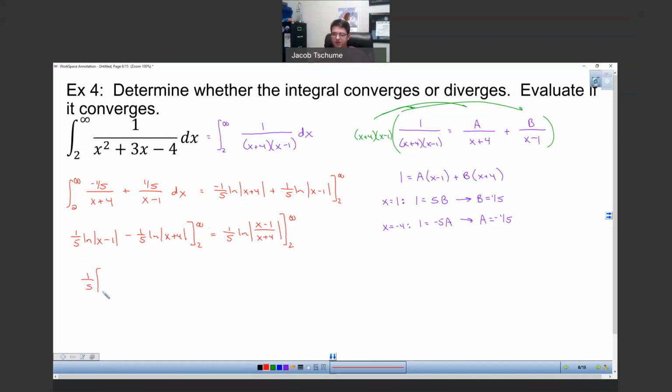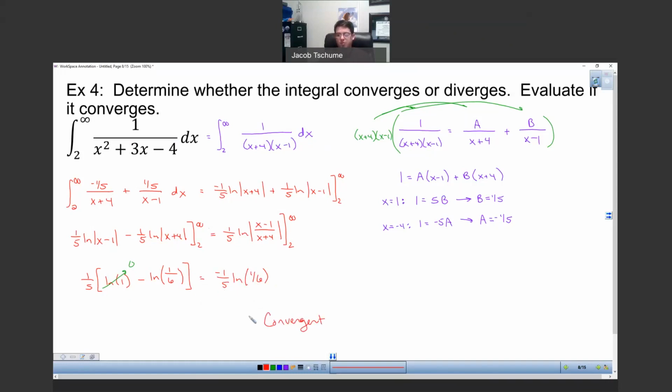Leaving the 1/5 out front, if I were to plug infinity into this natural log, since the power on top and bottom match, you can just use the ratio of coefficients, which would make this the natural log of 1, minus, if you plug in 2, this would be the natural log of 1/6. Very nicely, the natural log of 1 is just going to be 0, and if you distribute the 1/5 through, you get negative 1/5 times the natural log of 1/6. And since that is an actual area that you can find under the curve, this is another example of a